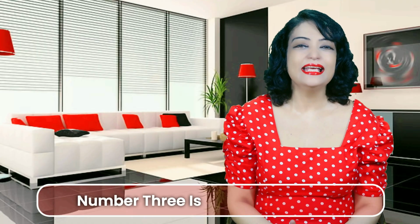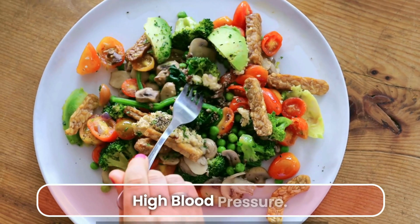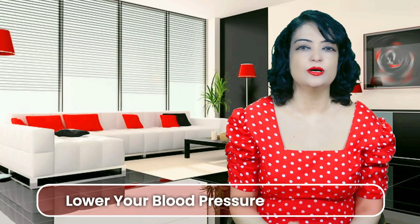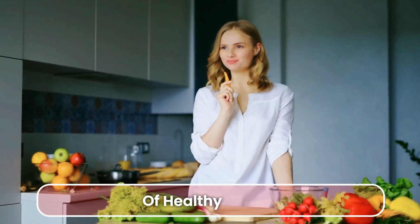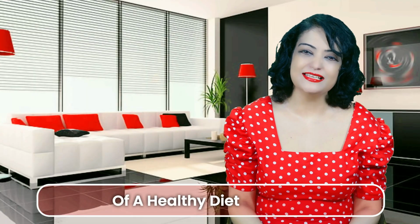Number 3 is eat a healthy diet. A heart-healthy diet is very effective in controlling high blood pressure. Eating the right food can help to lower your blood pressure by 11 millimeters of mercury. The DASH diet and the Mediterranean diet are excellent examples of healthy eating plans to control your high blood pressure. The key components of a healthy diet include